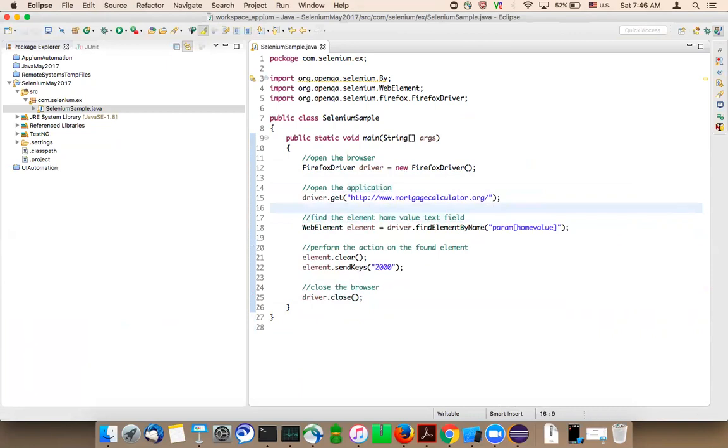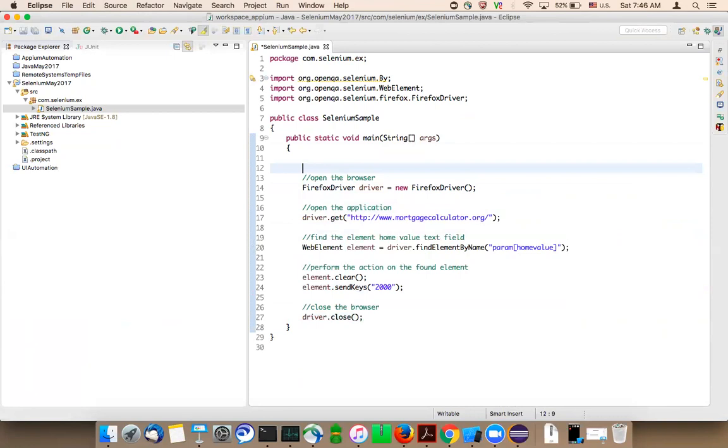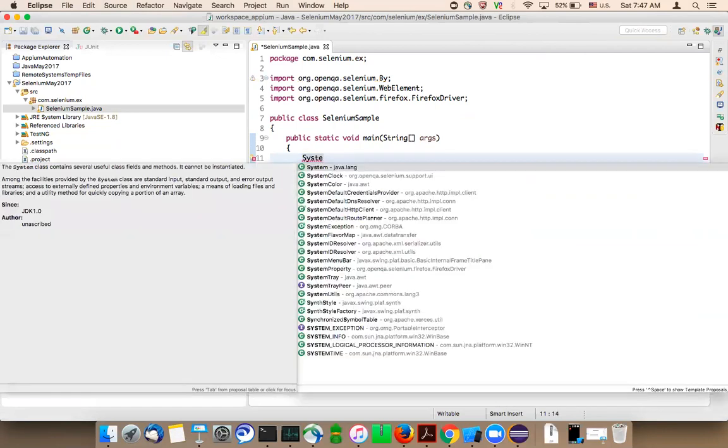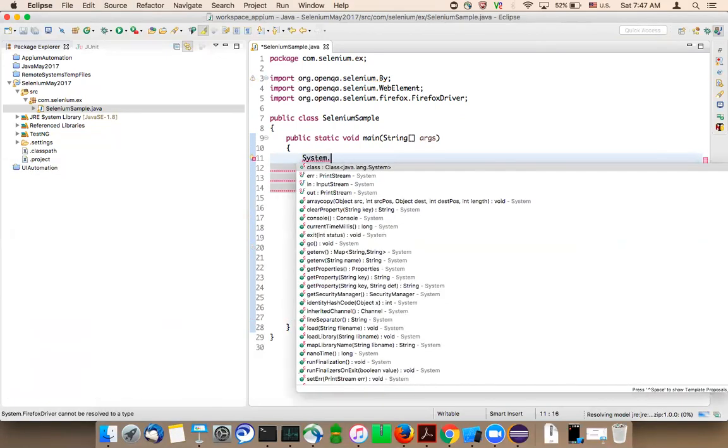So that's it. And one more thing you need to do. You need to set the system property for the Firefox driver, with the help of the Gecko driver. I'll show you. This is one additional step which is being asked by Selenium from Selenium version 2.53 or something. Now we are at 3.4, but this is an extra step that Selenium has been asking for since version 2.53.